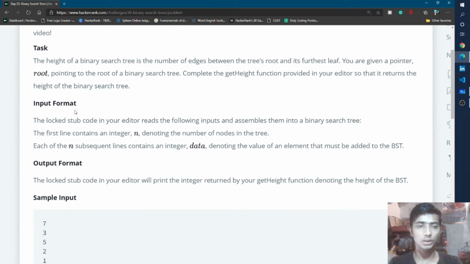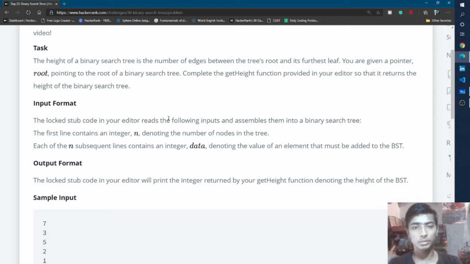So I go to the input format. The locked stub code in your editor reads the following input and assembles it into a binary search tree. That means you do not need to worry about the input format, because the locked stub code present in your editor will do the work for you, and it also assembles the input into a binary search tree.